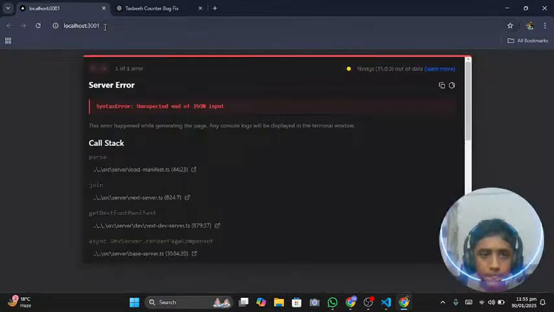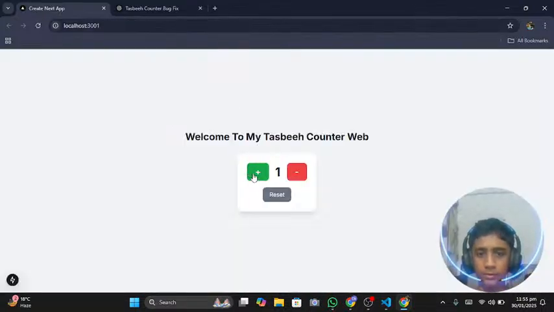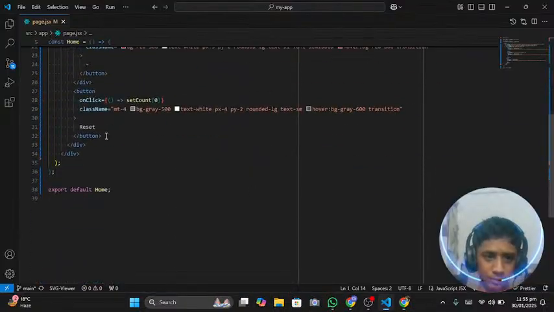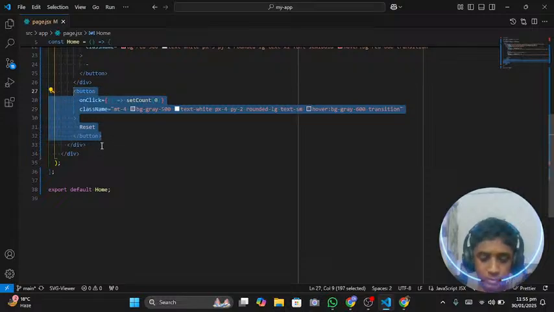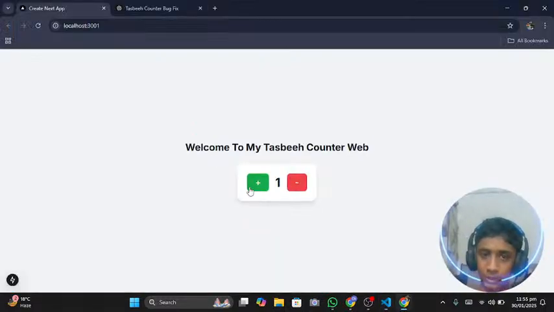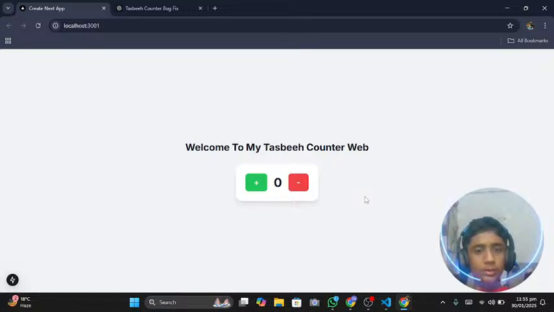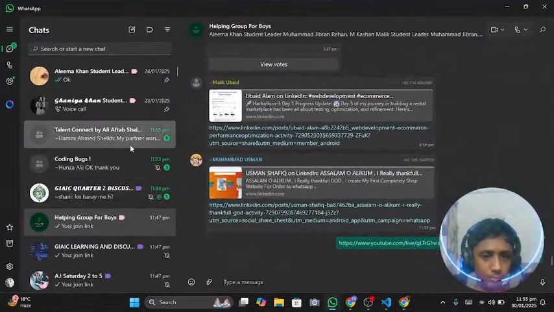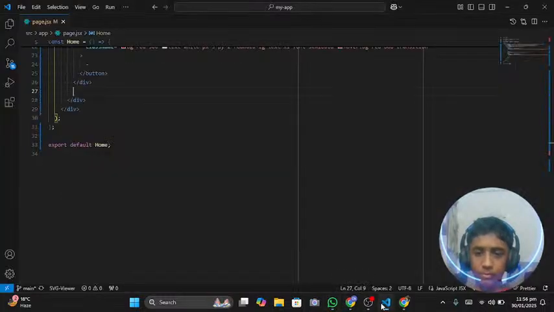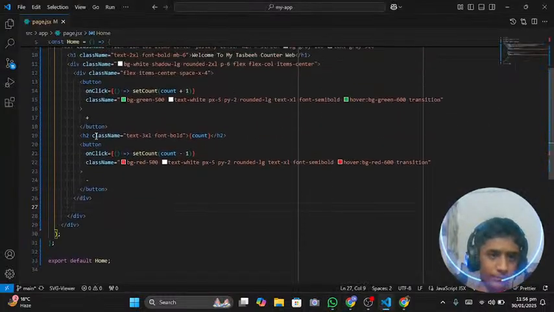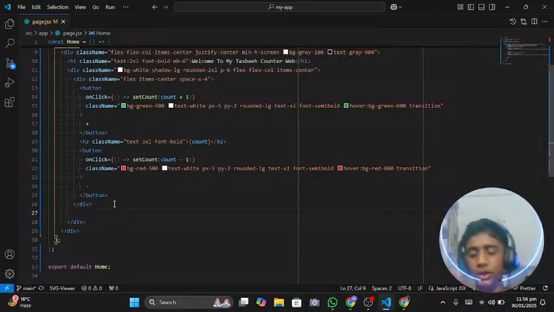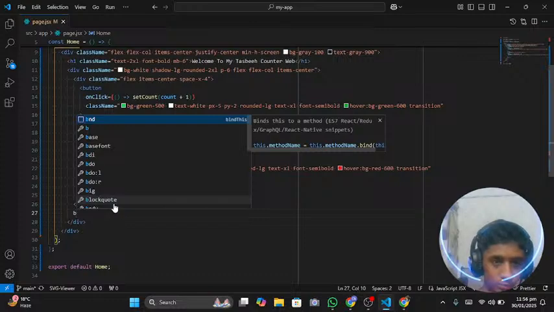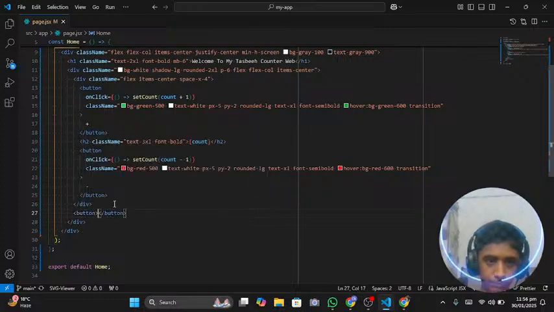Now you can see unexpected end of JSON. It was not an error, okay, but it is going in this value. So let me first remove this reset button, as I'm going to make it easy for you and tell you how you can create this easy minus reset button. What you have to do, come here, and after the plus and minus buttons we are going to create one reset button. So just write button,